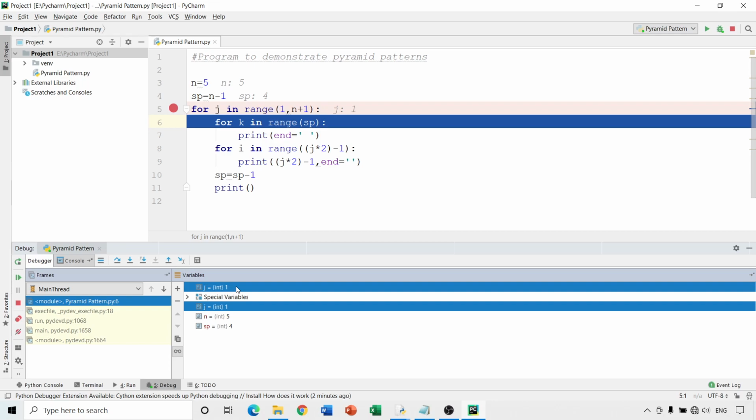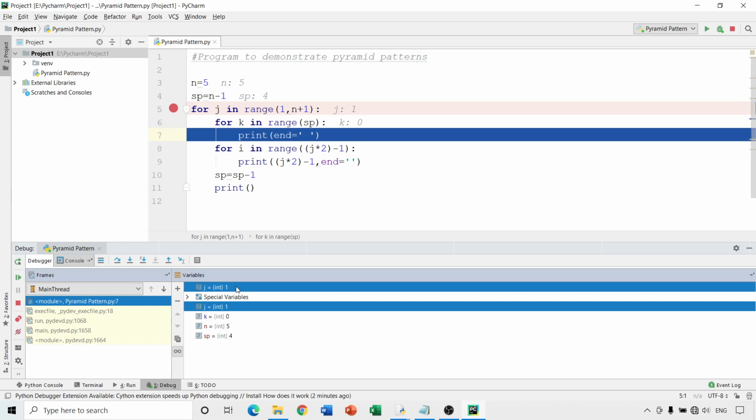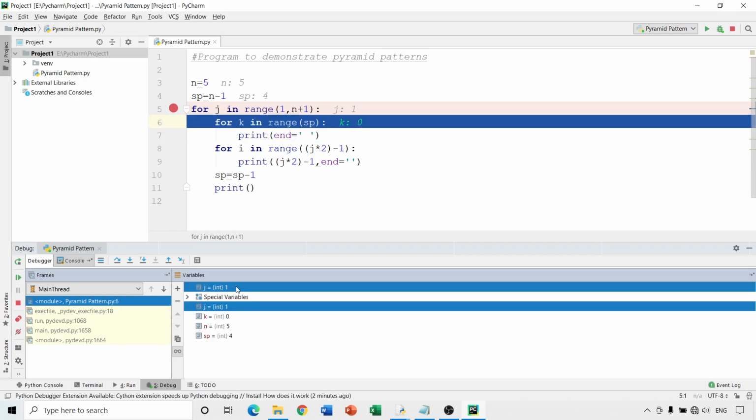This is a good way, in the sense you will come to know at each step what the next value of a particular variable is. Again, let me give F8. So it gives print, that is, how many times it may be printing a space. As you can see, now the value of k is going to change.